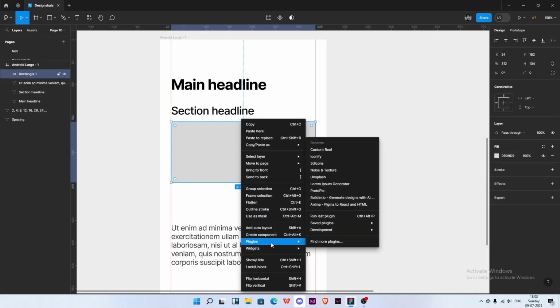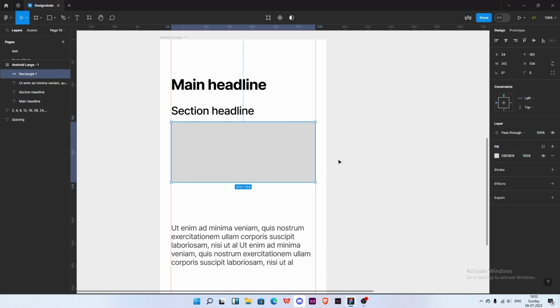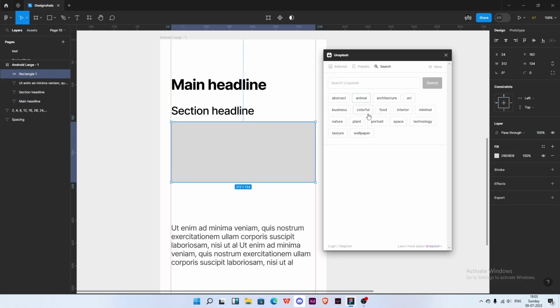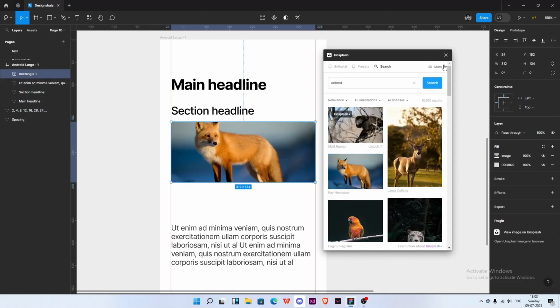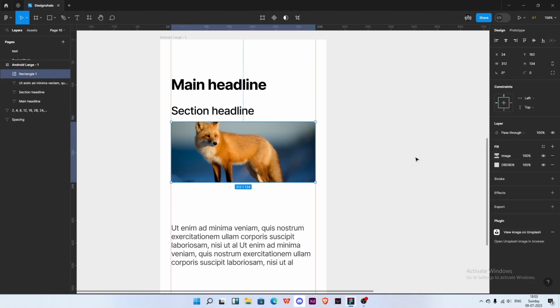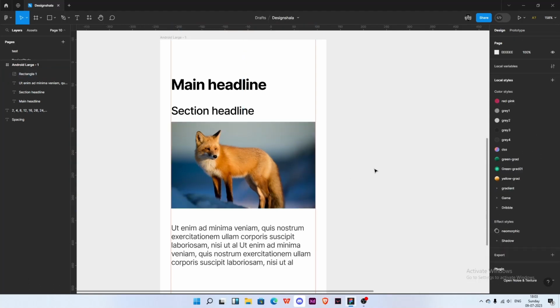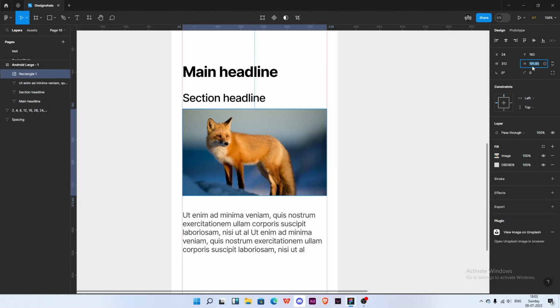Let me use a plugin to add an image. So I'm going to use an Unsplash plugin, which is again freely available on the Figma community. So I'm going to use animal, right? Let's say fox. Cool, nice. Let's say 200 width with the height. Okay, cool. Give me the corner radius,